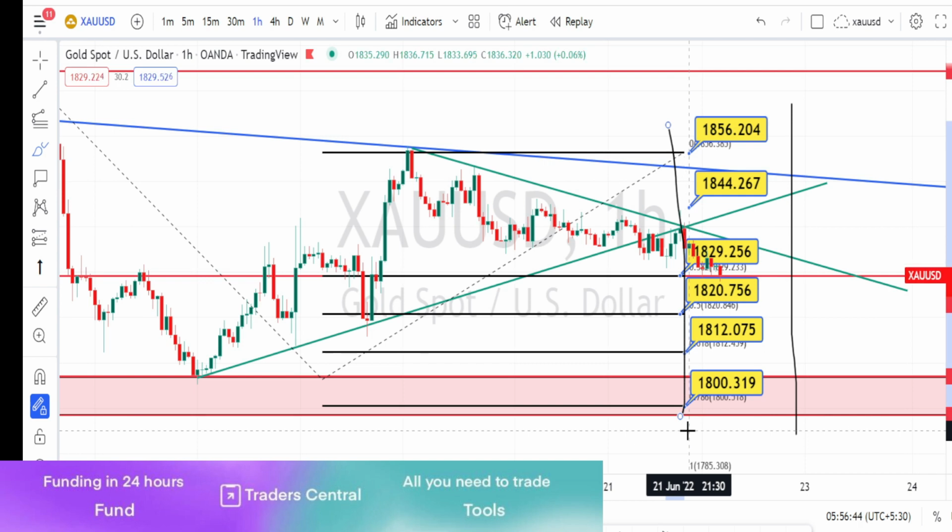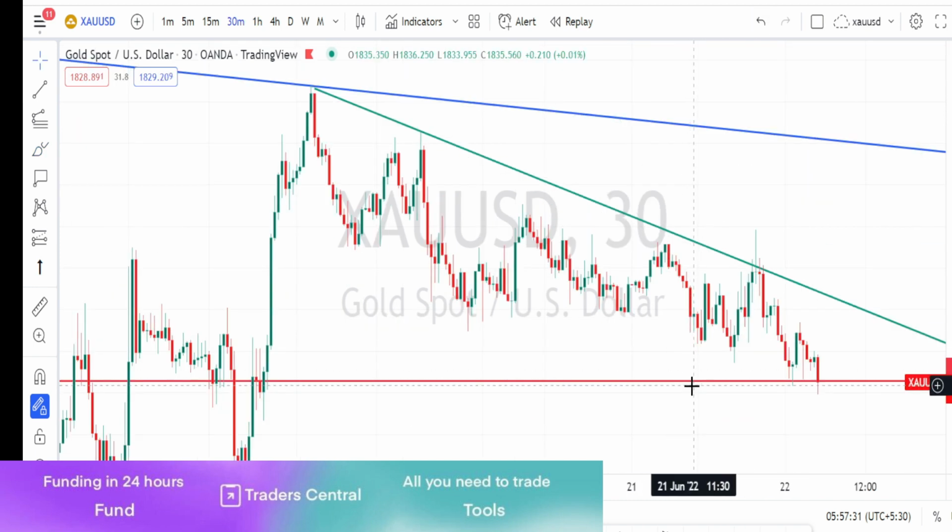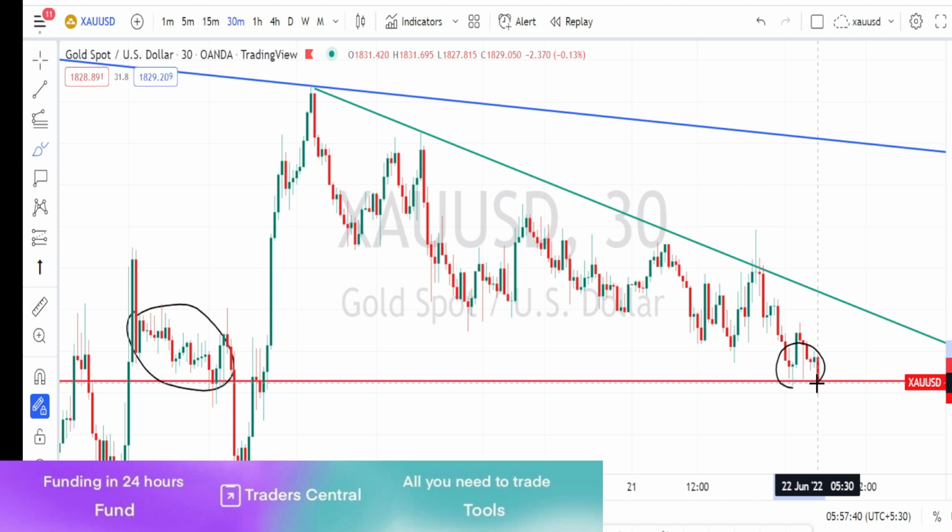Let us do the analysis in 30 minutes time frame. I'm in 30 minutes time frame. In 30 minutes time frame also we are clearly noticing the price action is taking support on the previous support level, which is around 1828. Wait for the price action to break this support level in order to take bearish side trades,